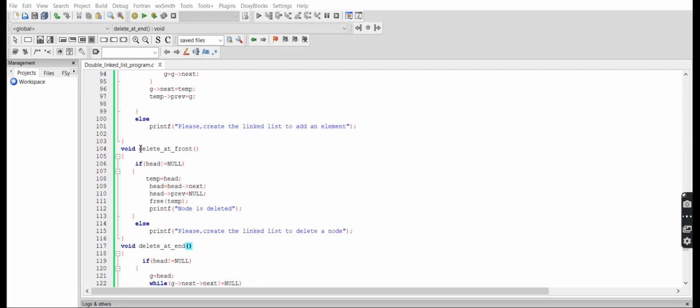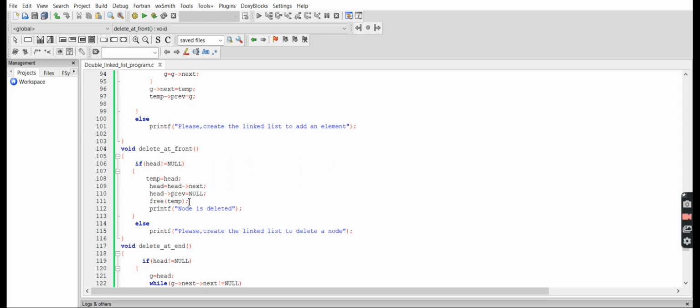Void delete front. Now separate the front node and then delete it. So we use the same condition, head not equal to null. If the condition is true, then enter into if. For separating the front node, head is assigned to temp and head of next is assigned to head.